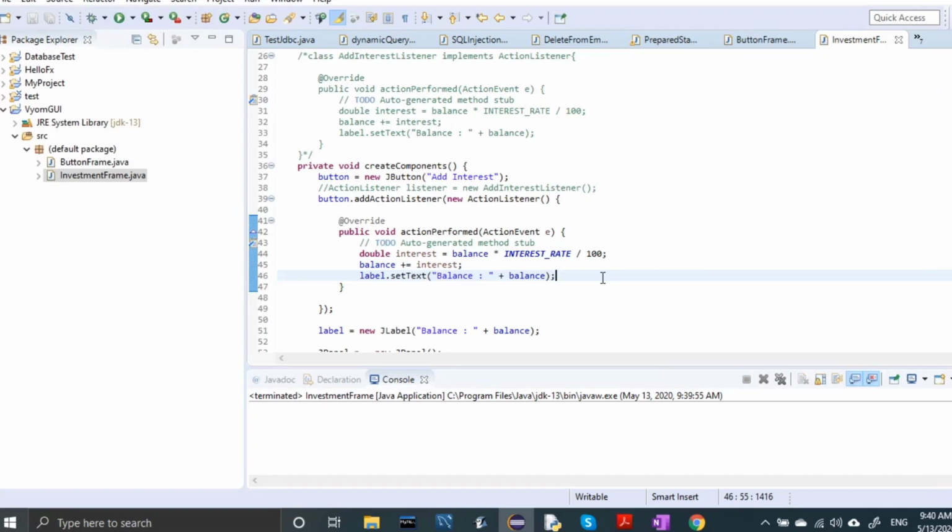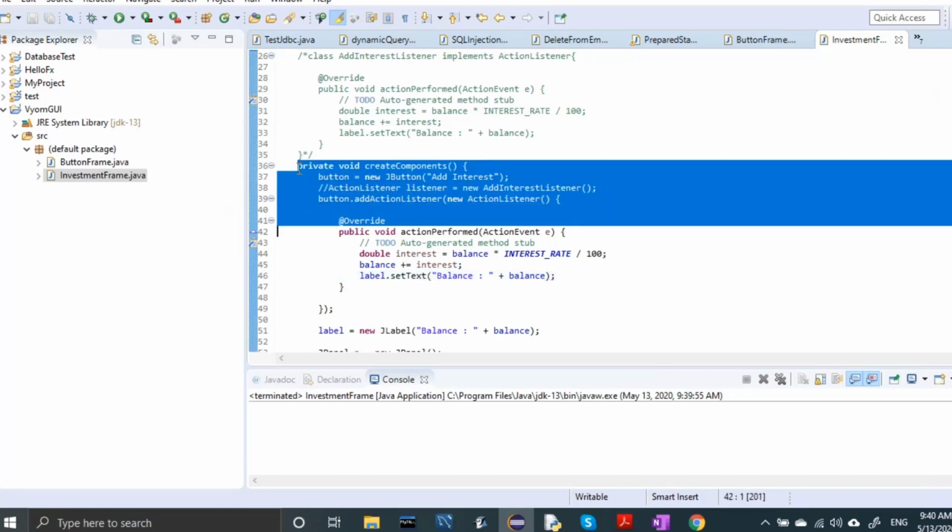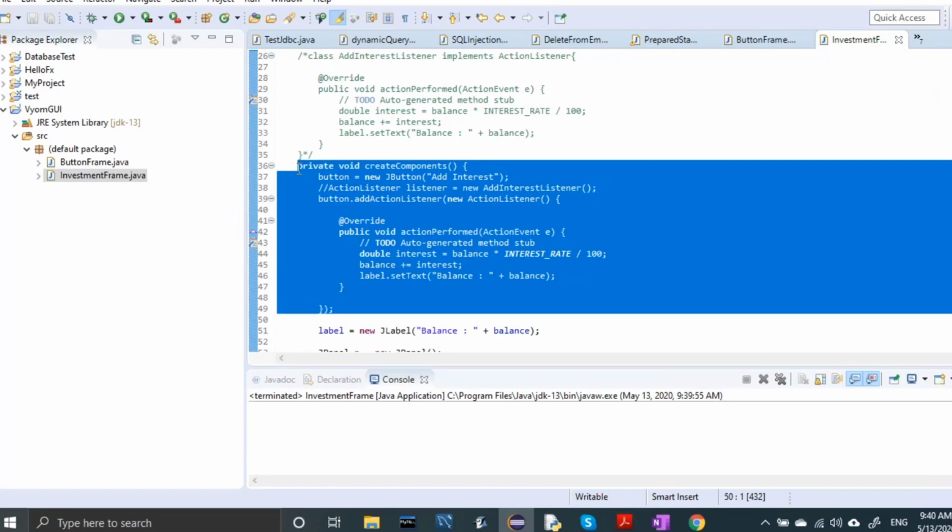This concept is quite compact. You don't have to write every time. Say if you have 10 objects like this, you don't have to create 10 inner classes. So it will reduce the complexity of your code, and you will never forget to add action listeners in this way. Understood? So let me copy this much code there, and I will explain it inside the notes.